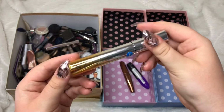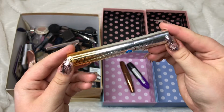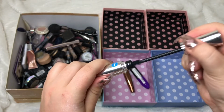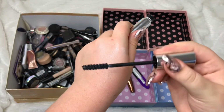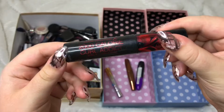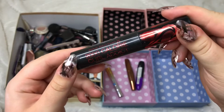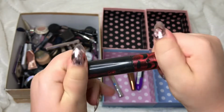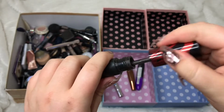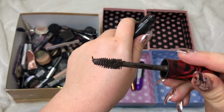I have this one which I only actually bought today. This is No. 7's new mascara, which is their Lash Extender Mascara, and I used this for the first time today, and so far I'm liking it. The brush is really nice, as you can see, and I will obviously be keeping that. Next I have this one from Max Factor. This is the 2000 Calorie Curl Addict, and I really like this mascara. This is actually in the black brown shade, which is a little bit more on the brown side, but